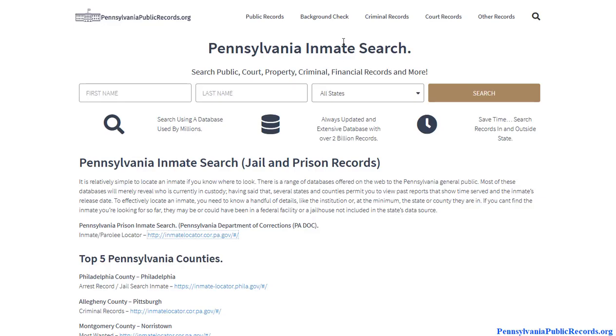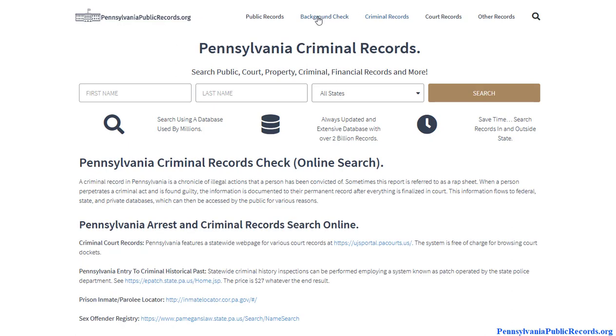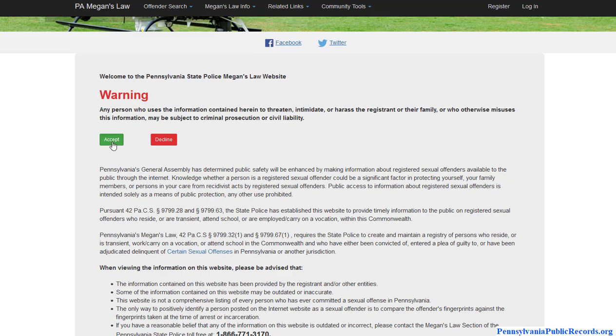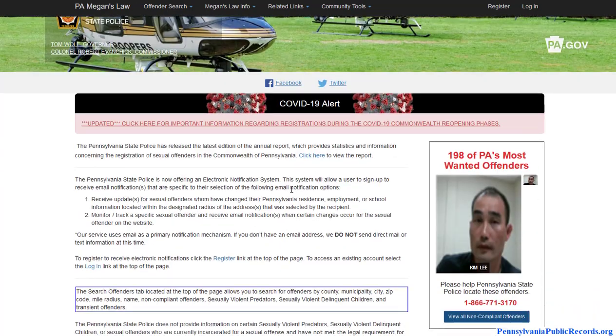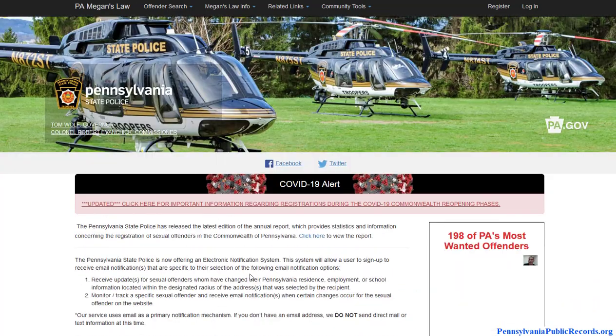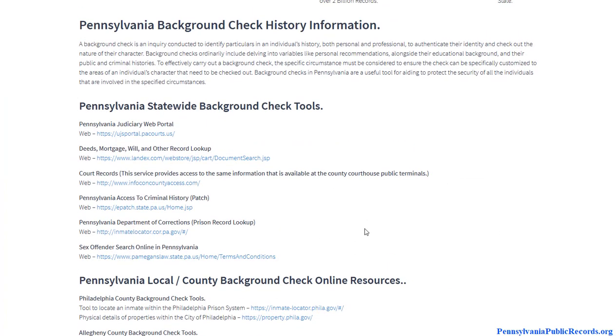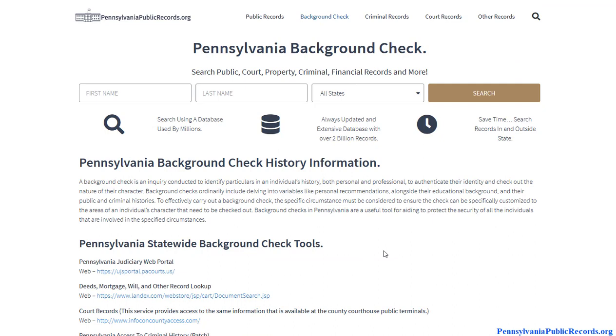It's a free database. Another thing not to forget about, since we are talking about criminal information, is you can also use the sex offender registry, and this is a statewide system as well, and you can research this free of charge also. So just another thing to add to your to-do list if you are doing this particular type of a check. So with that said,